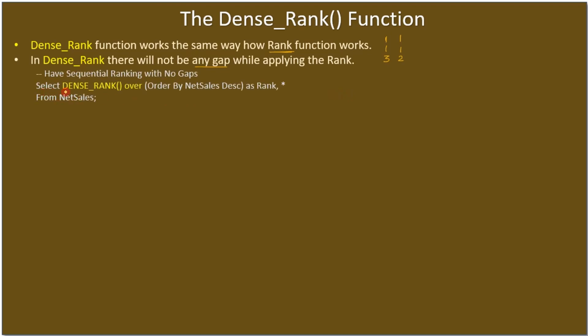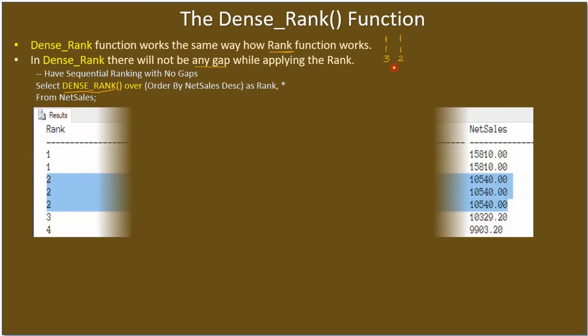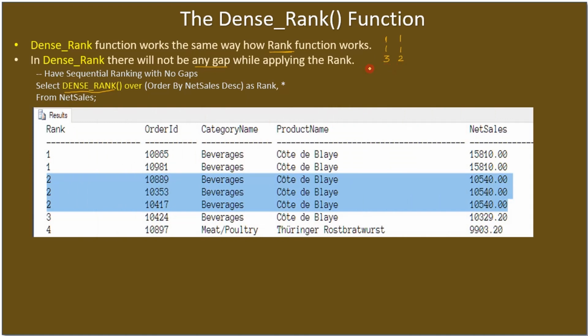So you have to simply change the ranking function name here. Instead of rank, we are using the dense rank. Dense means there will not be any gap. The ranking will be applied continuously. And here in this example, you can see the same top